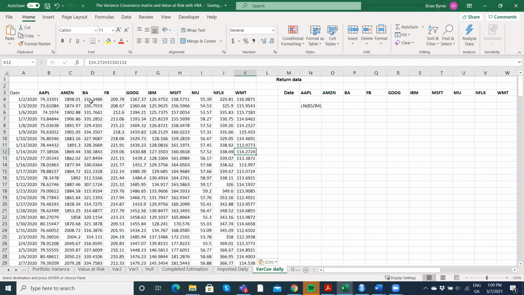Right. So what do we have here? We just have the daily stock prices for each of these stocks over the period. The date we can leave here, but if we follow the approach suggested by Simon,